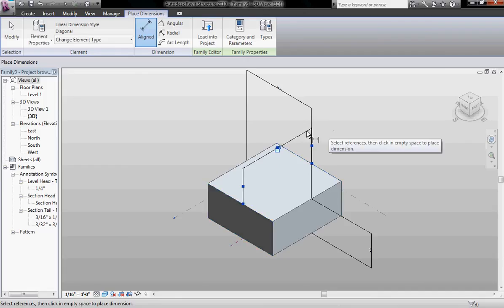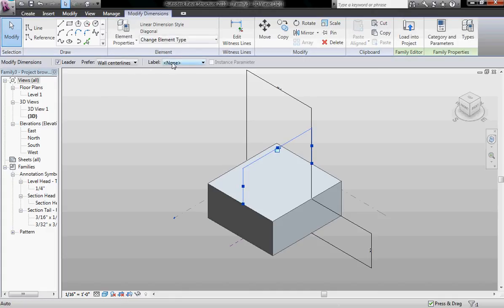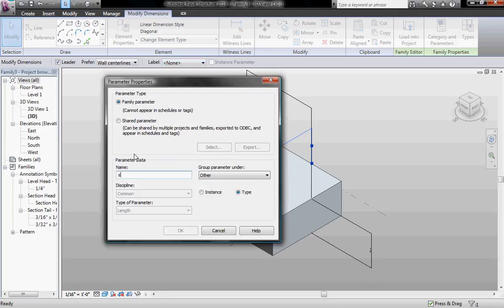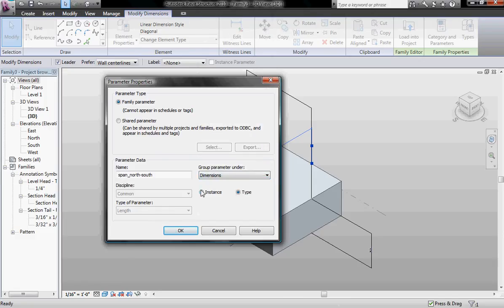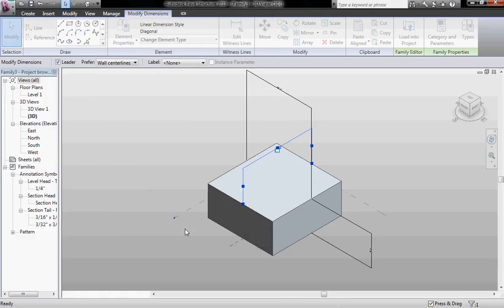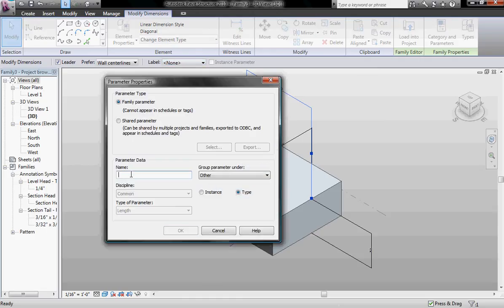And so it doesn't matter where you place these dimension lines. I'm just going to select them, and in the modify dimensions toolbar under label we're going to add a parameter, and call this span north-south, and we're going to make these instance parameters under the group dimension. And the reason we do this is so that every individual massing can be updated with the east-west spans and the north-south spans. So we're going to call this span